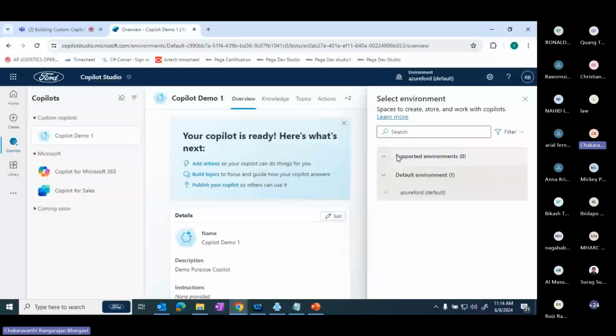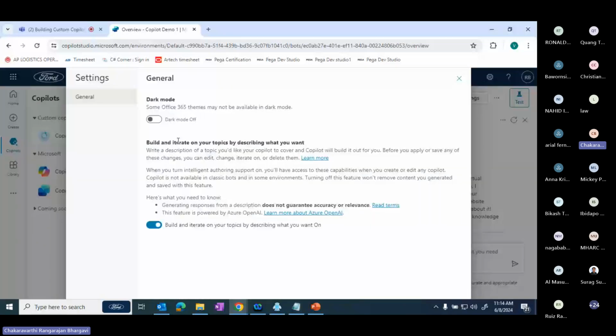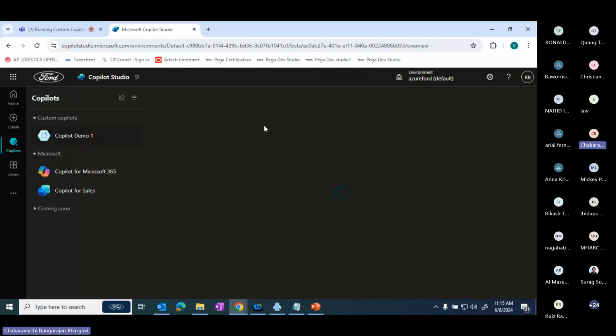What we can do here is, when you click on here and navigate to the general settings and administrator portals, you can set whether it has to be in dark mode, or you can customize it based on your needs. When you are done with all those settings over there,